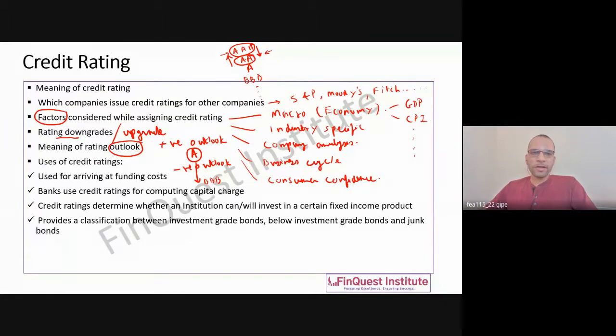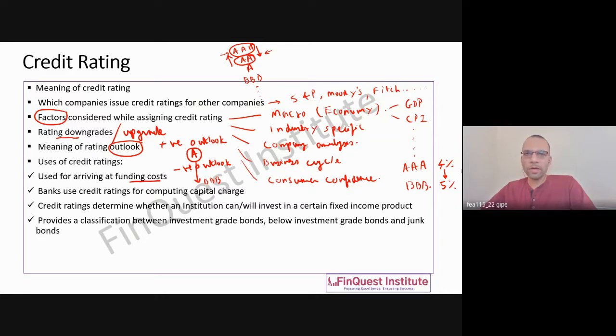Now, a few uses of credit rating. So it's useful for arriving at funding costs naturally, because depending on the credit rating for a certain company, the funding cost for a company can change as well. So let's say there are two borrowers who go to a certain bank, and if the rating for one of the borrowers is AAA and for the other borrower it's triple B, then the bank can say that fine, for the AAA borrower we can charge a rate of let's say 4%, and maybe for a triple B we can charge something like 5%. So this 1% hike is because the bank is taking a risk